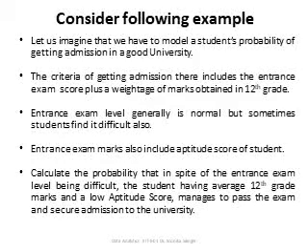So in this scenario we have to calculate the probability that in spite of the entrance exam level being difficult, and also the student having average 12th grade marks with a low aptitude score in the entrance exam, he or she could manage to pass the exam and secure admission to the university. So what is the probability of this? How are we going to solve this using the Bayesian network?